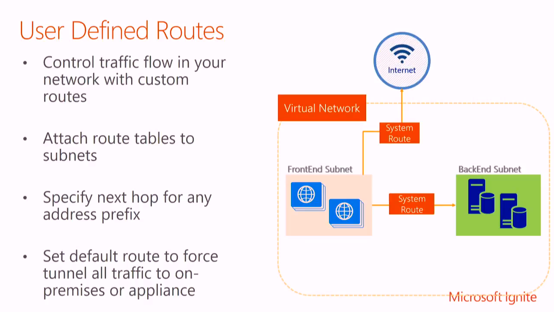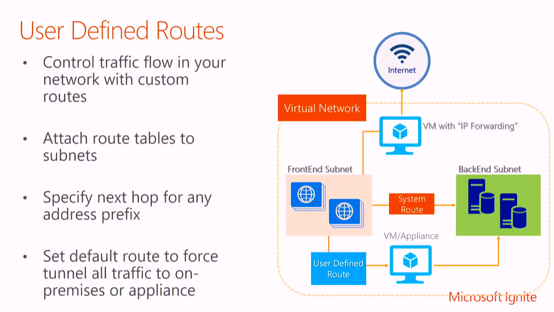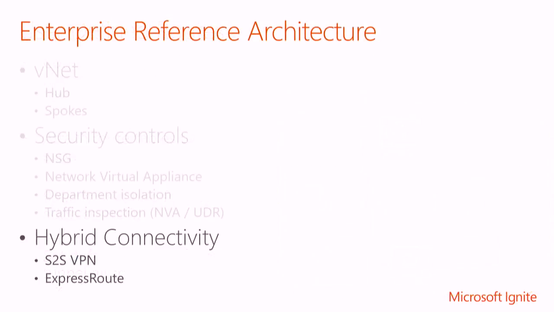In that case, like I said earlier, within a VNet you have multiple subnets, and they talk to each other based on the system route. Now you want to influence that routing and send the traffic through the appliance so that you can do even further inspection. That is where the user-defined route feature will help with addressing the deep inspection requirements for the customer. All right, moving on.